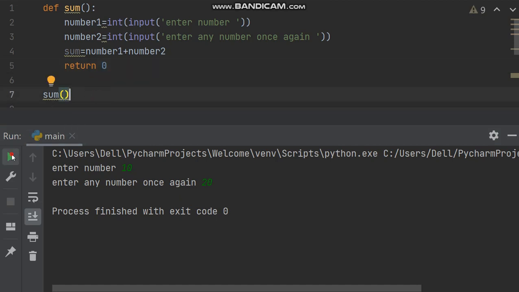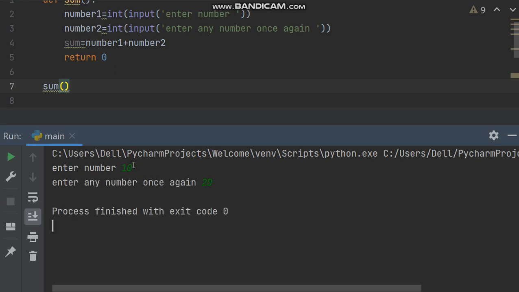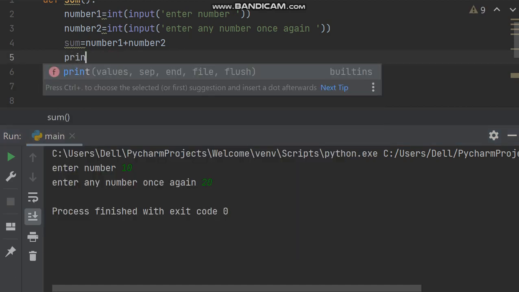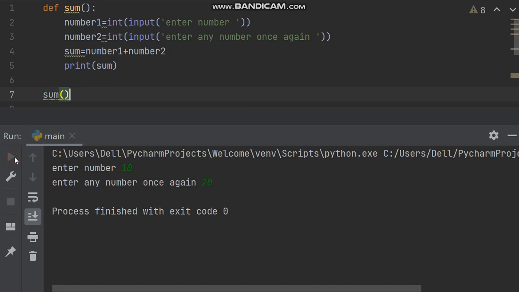Okay, and once again enter number 10, enter another number 20. Then the program is executing successfully, it is not crashing, but we have to print the result. Here what to do? Print, and in print what to print? Sum.